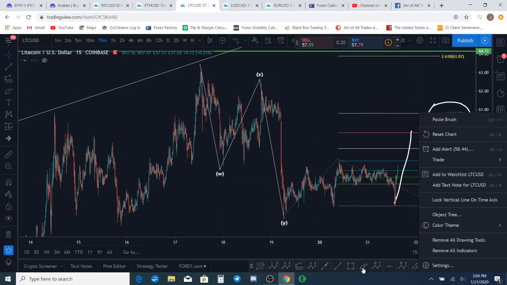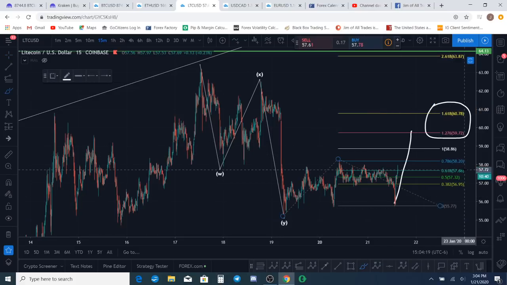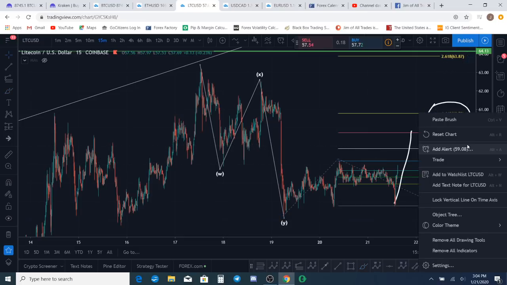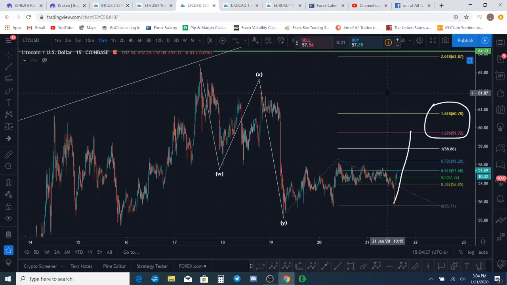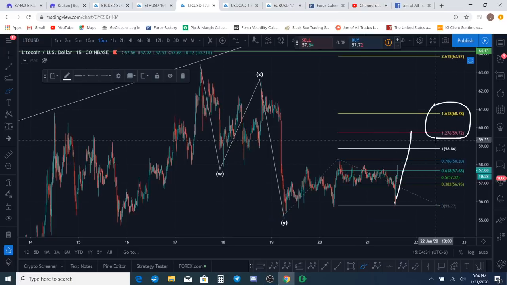Okay, oh come on, there it is. Yeah, I'm having a really hard time. There we go. There it is. Got it. All right, $58.86, $59 for all intents and purposes there. So yeah, I'd be looking for a move up to there to finish out that three wave move, and then I'd be looking for more downside, guys.